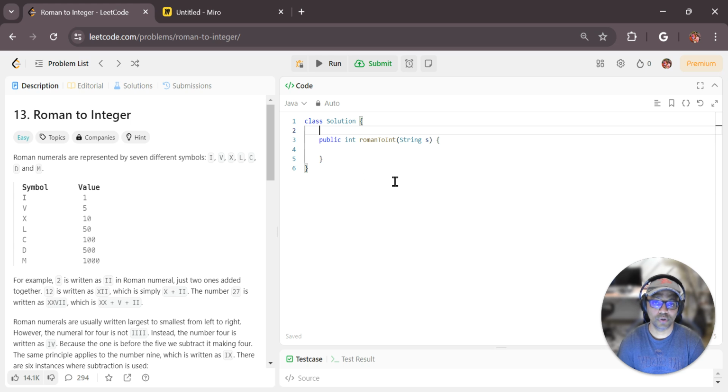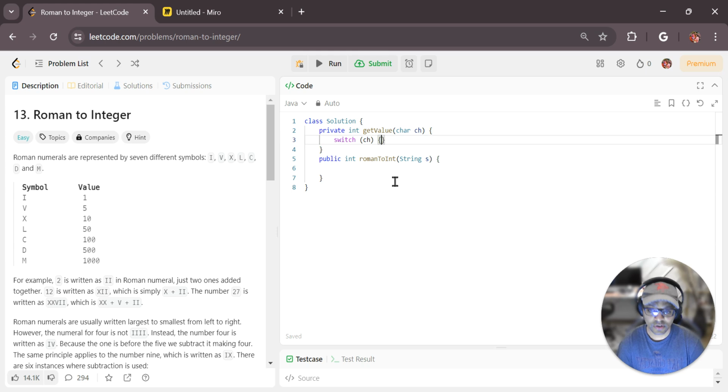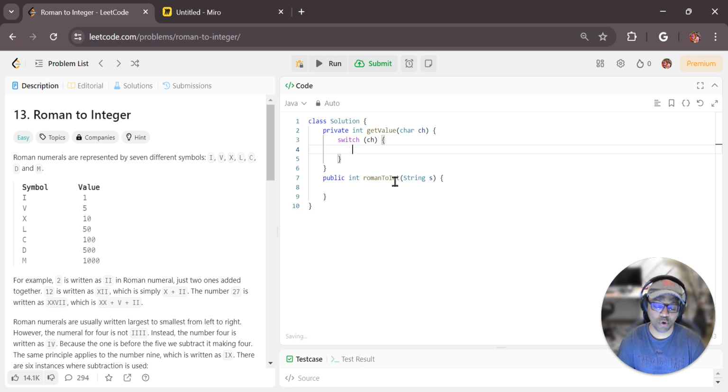Like I said, I'm going to choose that approach, which will convert a specific letter into its corresponding decimal value. Let's call it getValue. Let's say char ch. Okay. I didn't write switch case too often, even when I was coding very actively, but I believe this is the syntax for switch case. So case I will return 1,